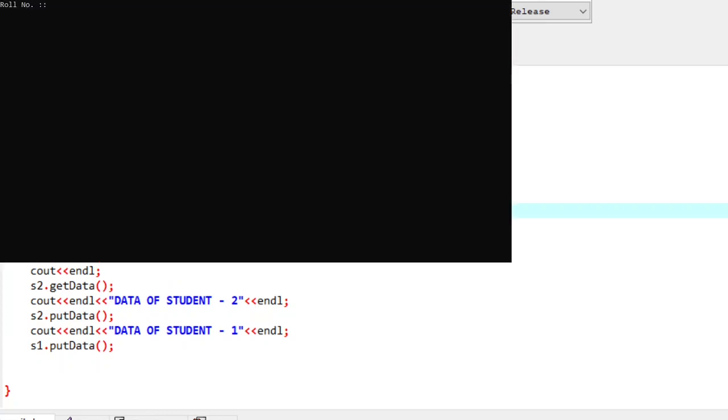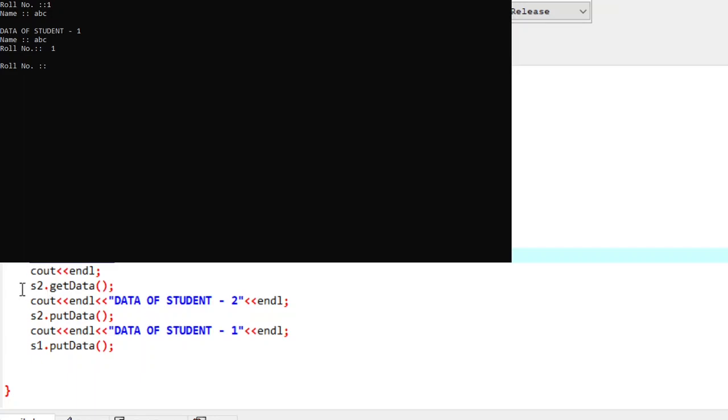So by using get data, we have inserted the values of student 1, and by using put data, we have printed the details of student 1.